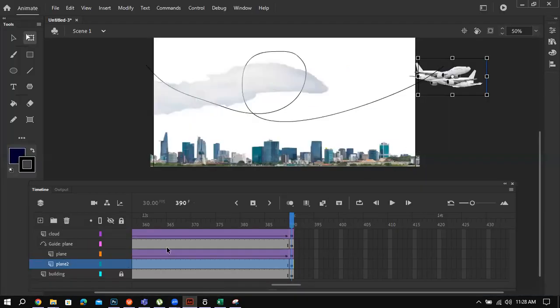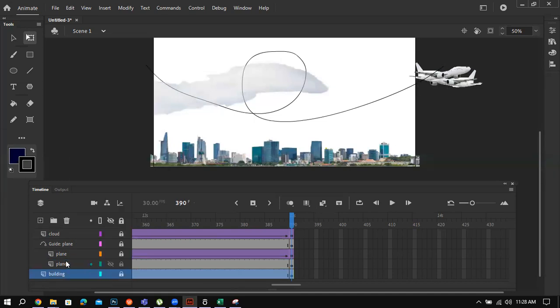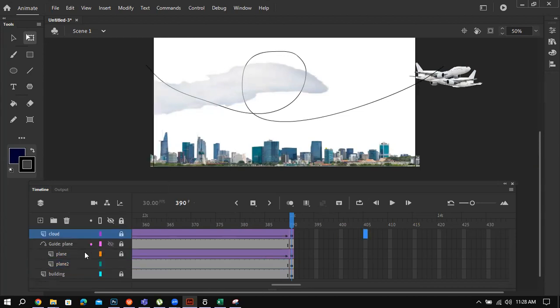So plane 2 इधर आया, plane 2 इधर आया। I don't need this. I'm going to now lock these. इनको मुझे नहीं चाहिए। I just want to work with plane 2. So plane 2 में ही हम ऐड करेंगे अब। ये मेरा plane 2 है। मोशन गाइड क्यों नहीं ऐड हो रही इसमें? 1 सेकेंड।